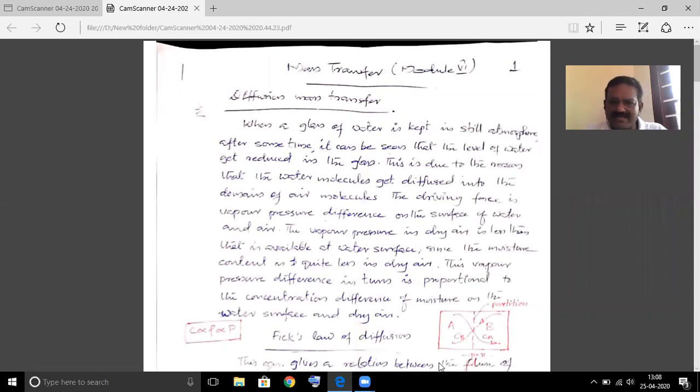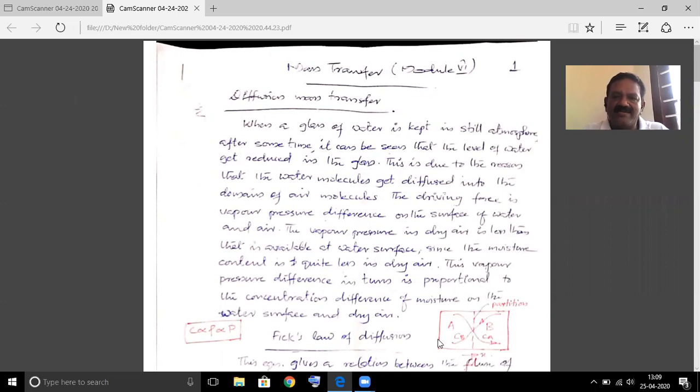So now you can see this figure. Here, two species A and B are being contained in a single chamber, but they are separated by a membrane. So when this membrane is removed, this separation or partition is removed, you can